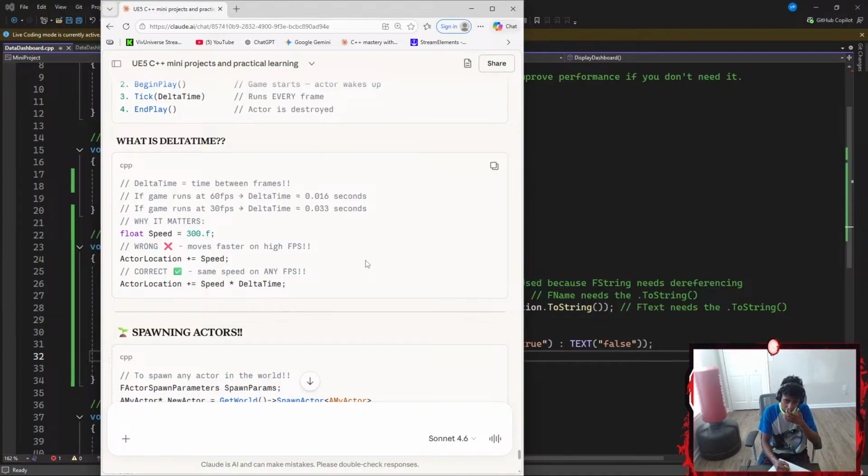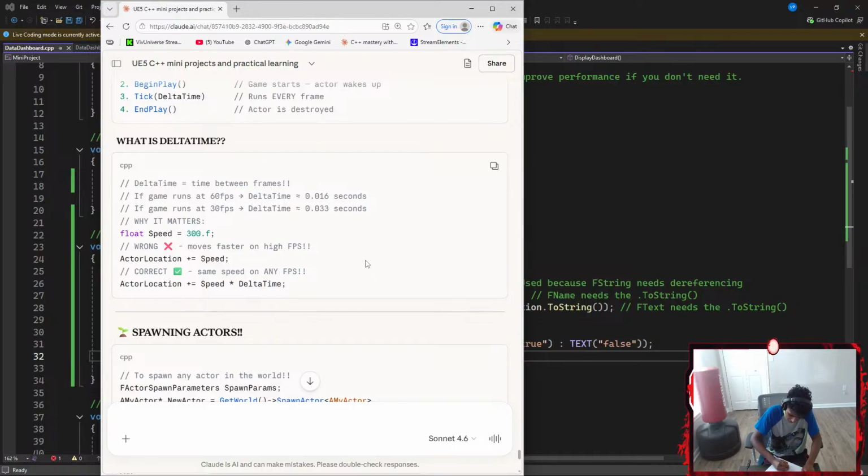And then ActorLocation is going to increase using the augmented operation by my speed, ending with a semicolon. I'm going to say wrong. Moves faster on high FPS.